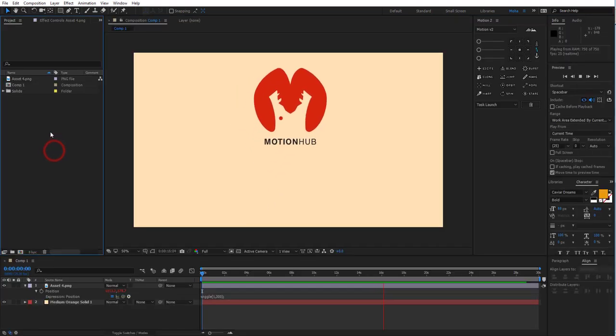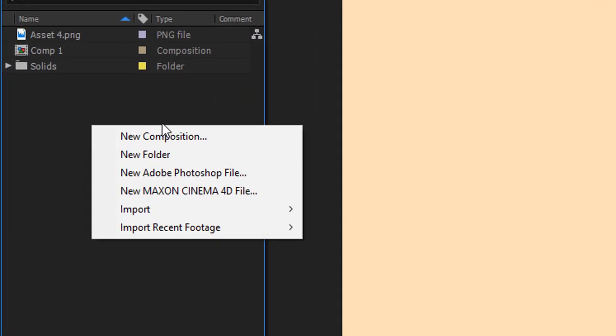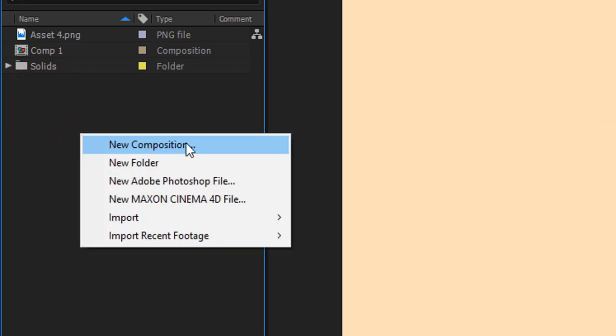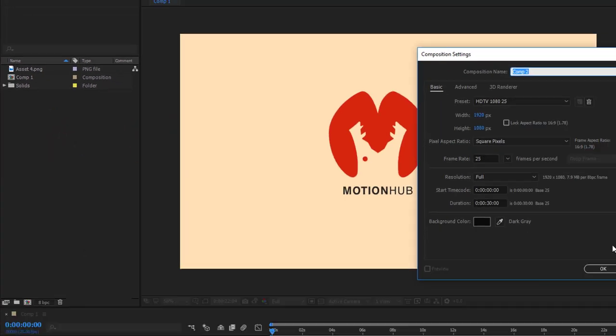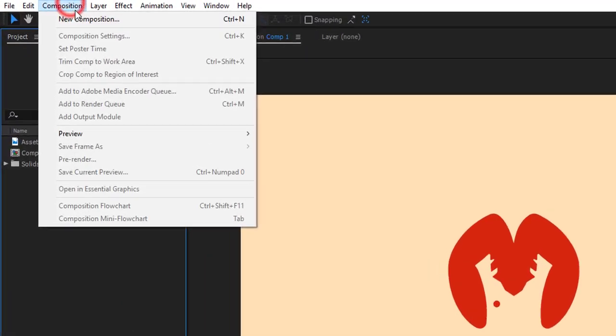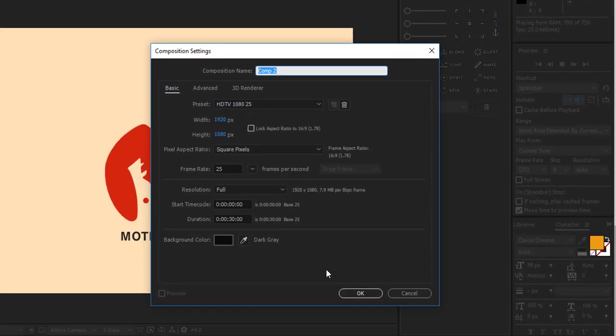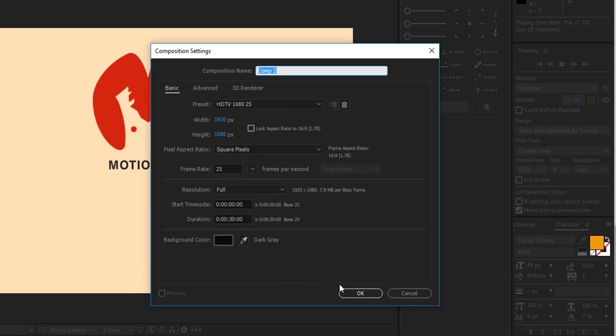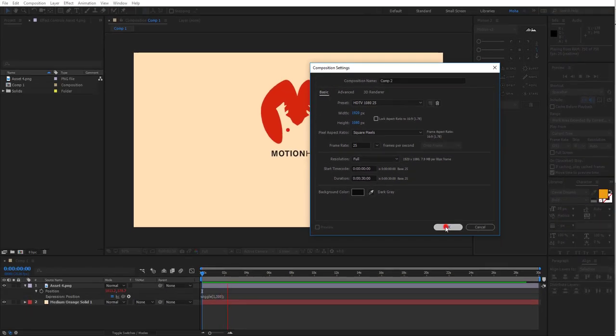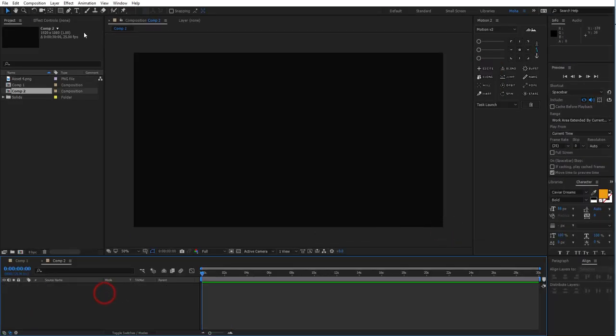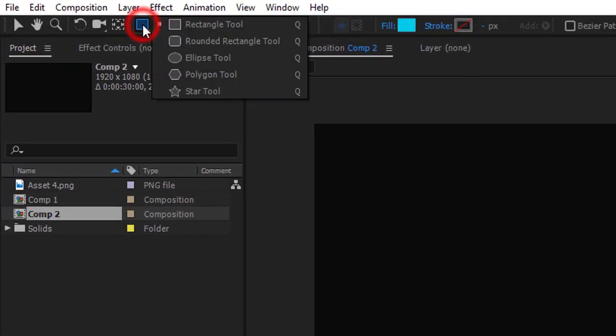Let's start. I will make a new composition by right-clicking here, New Composition, or you can simply click on Composition, New Composition. We will work with 1080, Full HD, 25 frames per second. Press OK. Now, I will pick the star tool